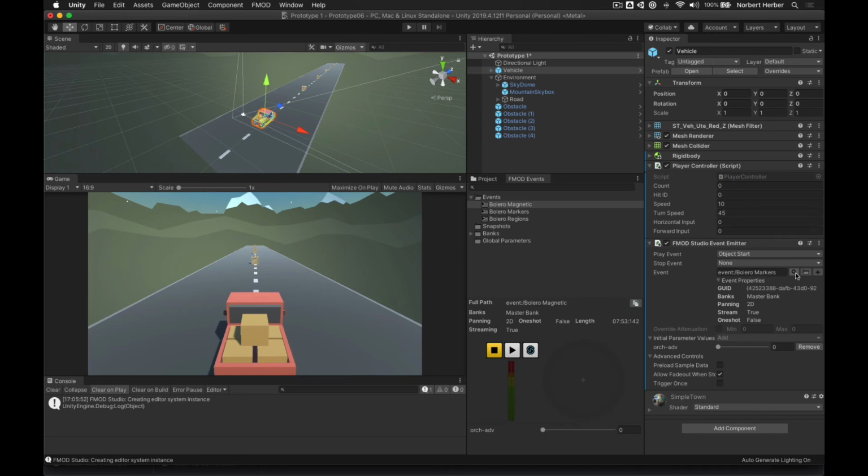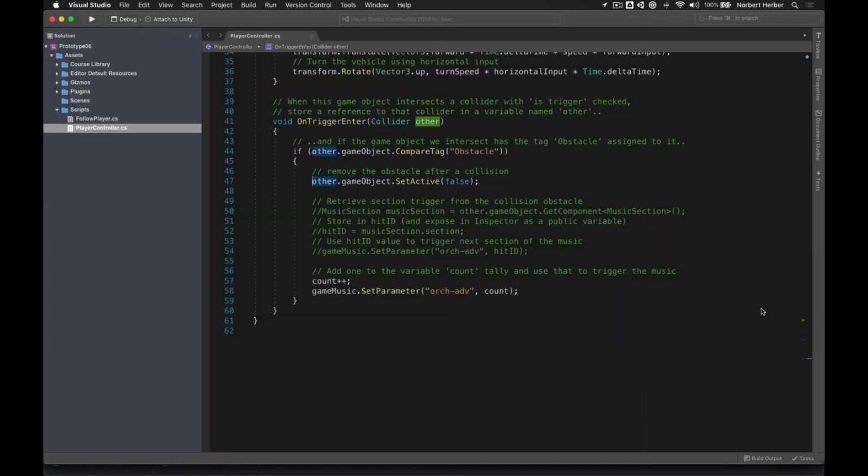We started with the markers, so let's change that up and move to regions. So I can just swap out the event that's there. Because we use the same parameter and it has the same values, we really don't need to worry about anything else that's here. And just save that and then switch back to Visual Studio